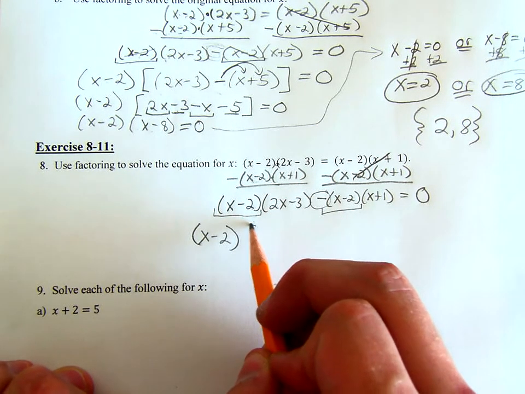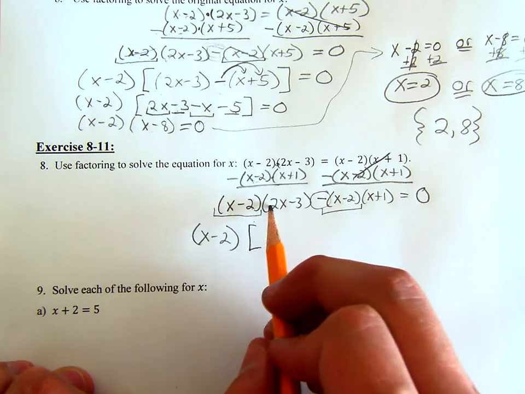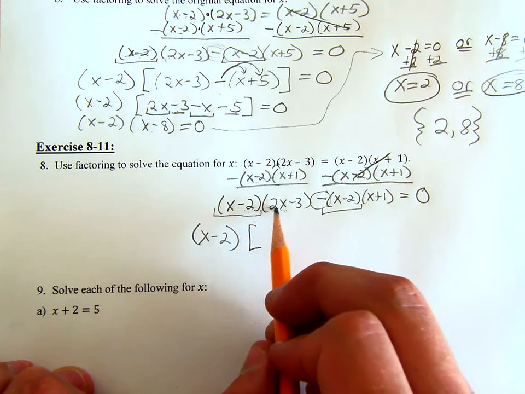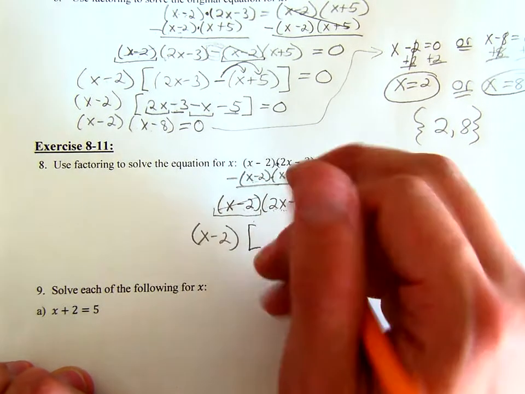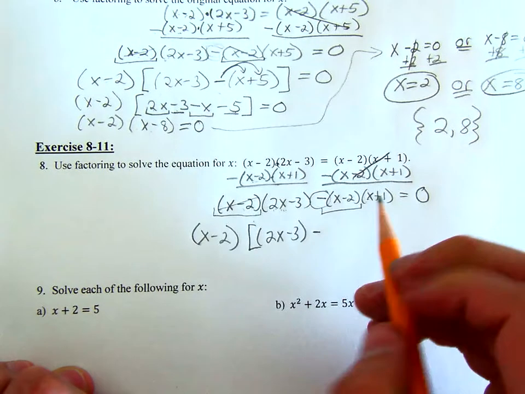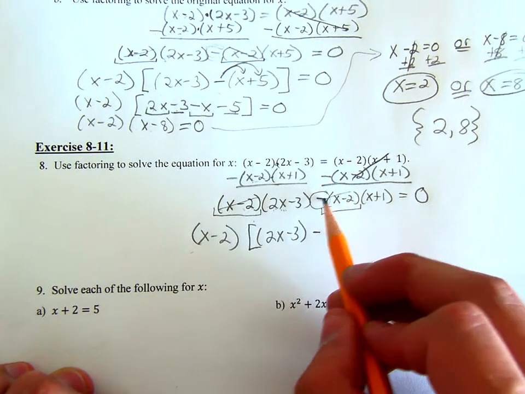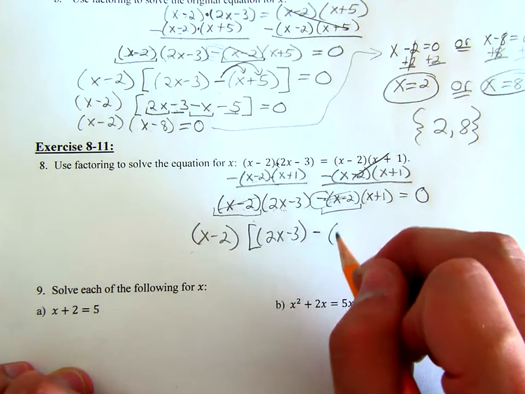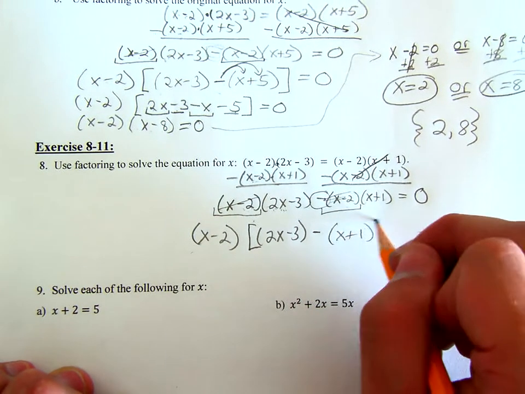And we'll have, I'm just going to create a bracket, x minus 2 times 2x minus 3. If we divide out this x minus 2, we'll get 2x minus 3. Minus, if we divide out this x minus 2 to cancel, we'll just have x plus 1